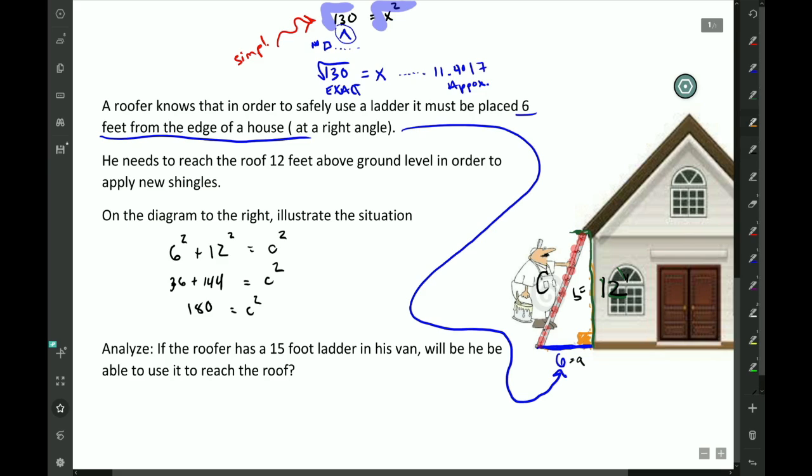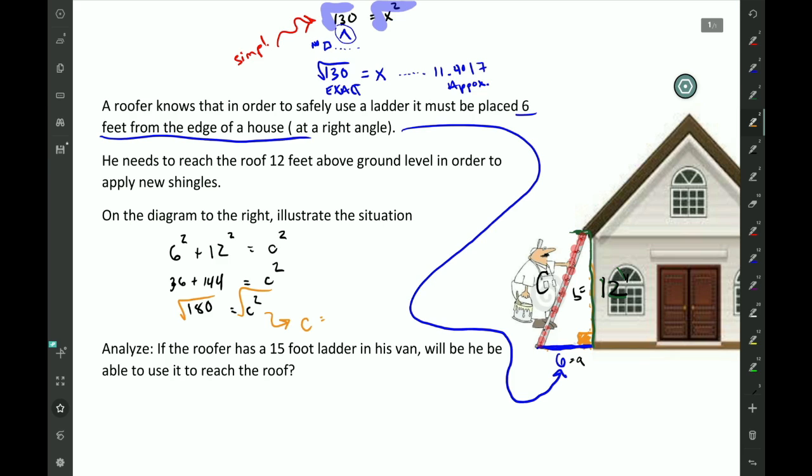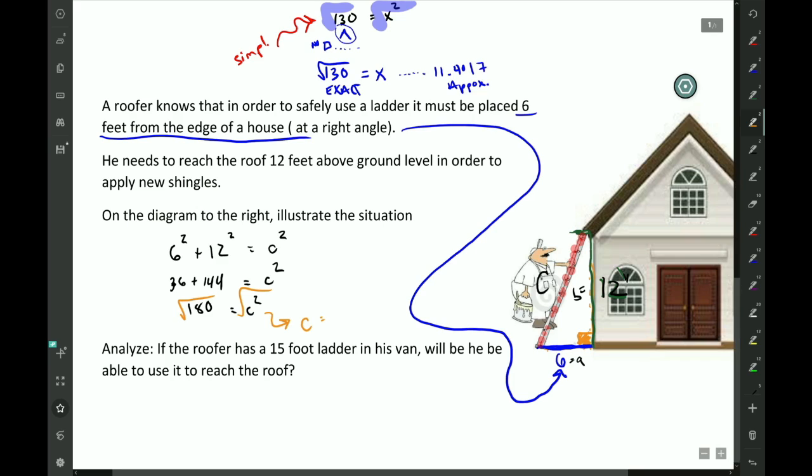Now, I'll let you know, let's look for an approximate answer. So again, to find C, we square root each side, boom, boom, boom, boom, and we find that the square root of 180 is about